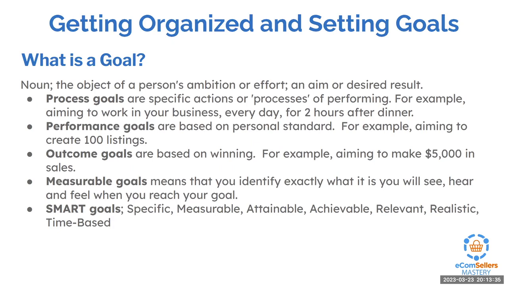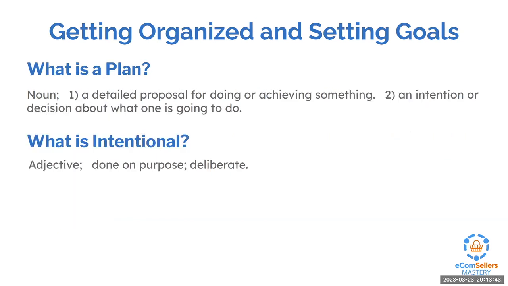And then also, what are the types of products you want to sell? We're going to be talking about the different types of products later. The next one is establishing a plan. So putting together a plan for your business, and I'm going to come back to plan in a little bit, but I think that putting together a plan for your business tied to a goal and being intentional are 3